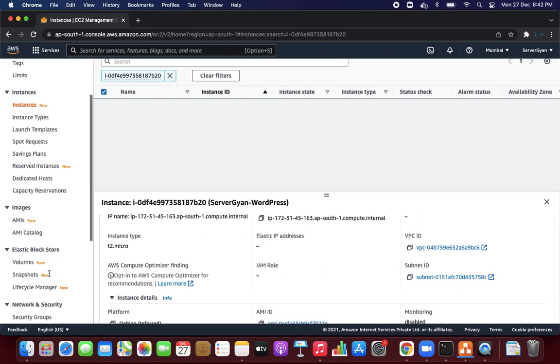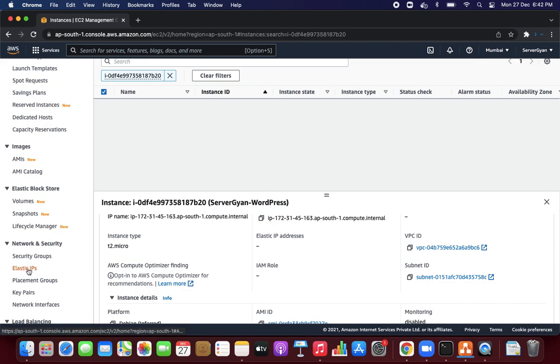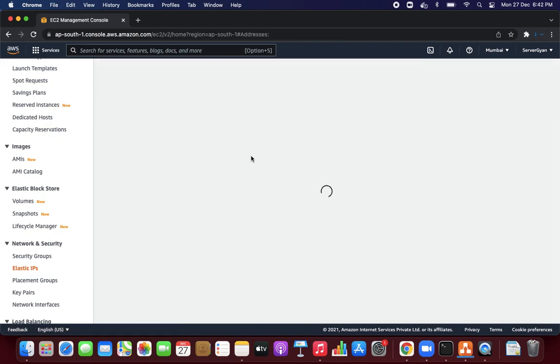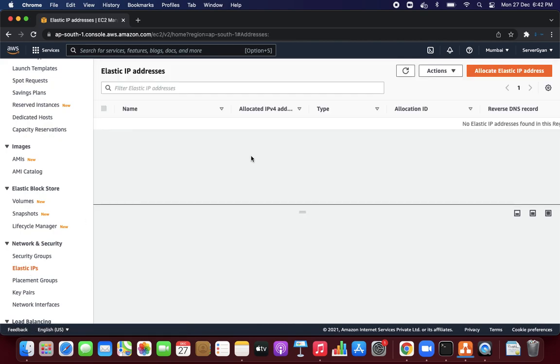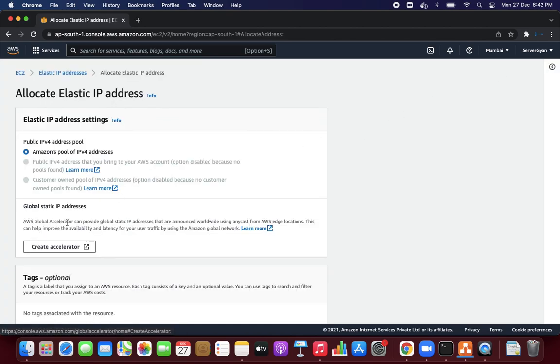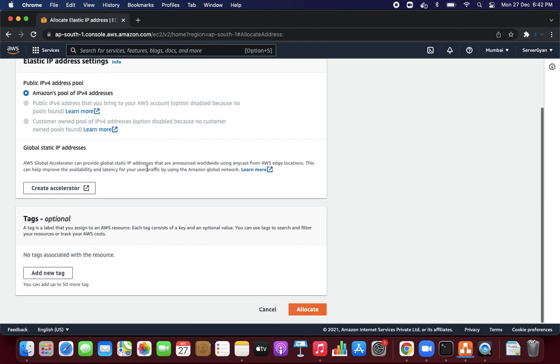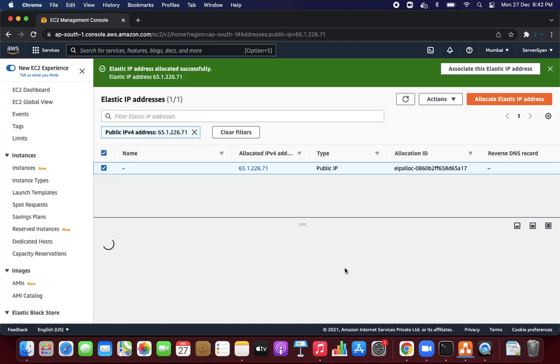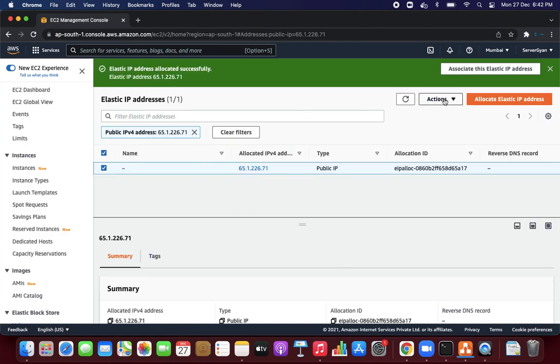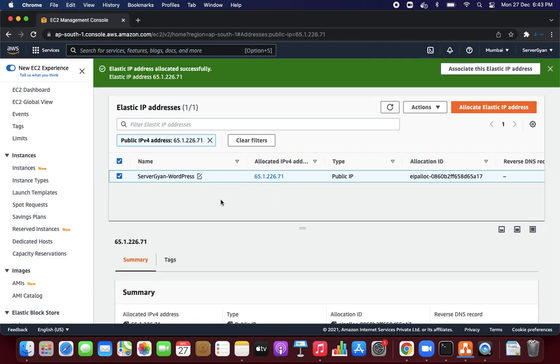So in the meanwhile, guys, let us go to elastic IP address, and before we access this EC2 machine, we need to associate one elastic IP address with this. And why is it so? Because let us say that if we want to reboot this machine, or stop and start this machine again, this elastic IP address is not going to change, so this will remain the same, and we can give the same name here to this particular elastic IP address.